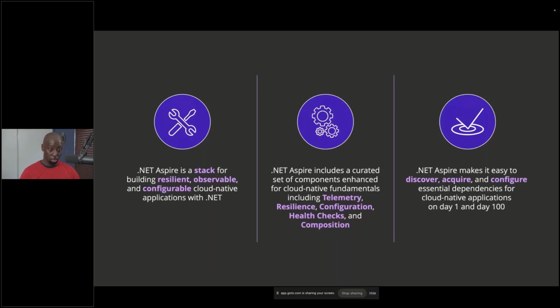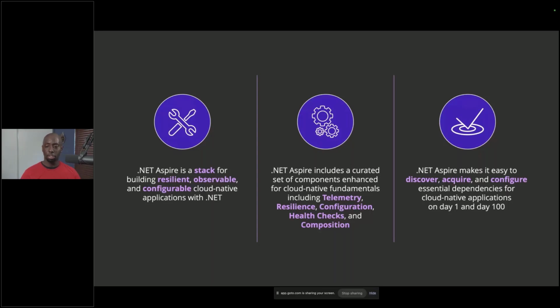Now, like we said early in the beginning too, we've had these components for a while. We've had them separately. But what Aspire does is that it allows us to package them all a little bit neatly together. It makes it easier for us to get started. And it gives us an opinionated perspective of what it means to build a cloud native, or at least start building a cloud native application using .NET, right?